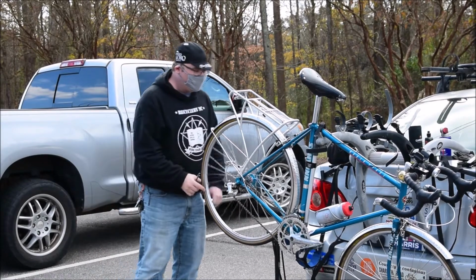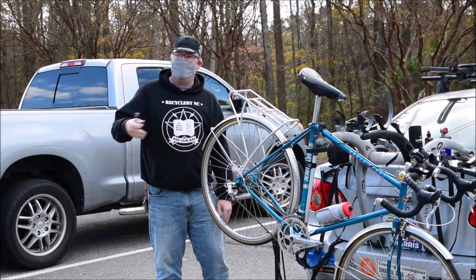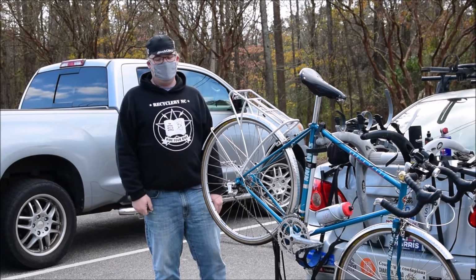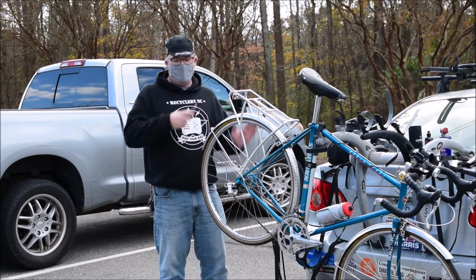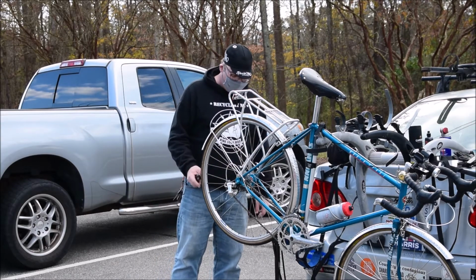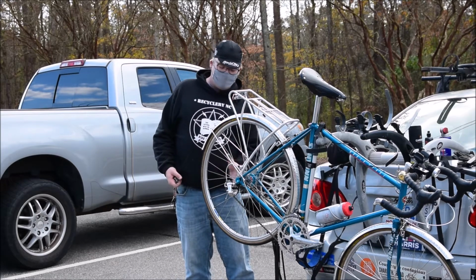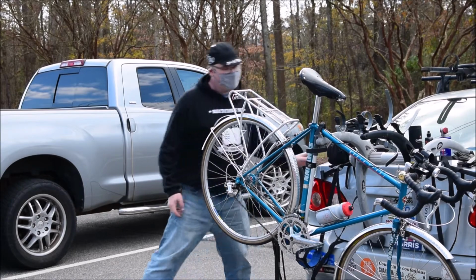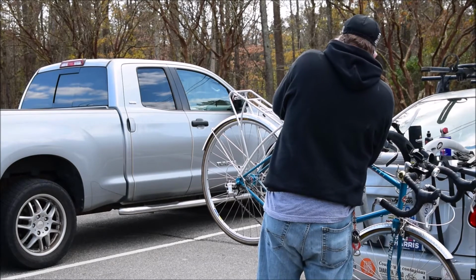More often than not, that's what's going to be causing it. If you're going down the road and you feel a little hump and it's rubbing against one side, that's a broken spoke. And the only real way to fix that is to true up that part of the wheel and pull it back into alignment with the other spokes. The way you do that is, it's kind of like tuning a guitar. All of these spokes are tensioned. So, if I were on the side of the road, basically the best way to do this